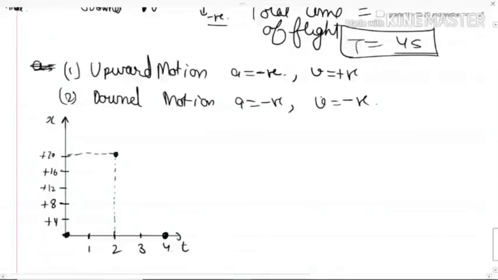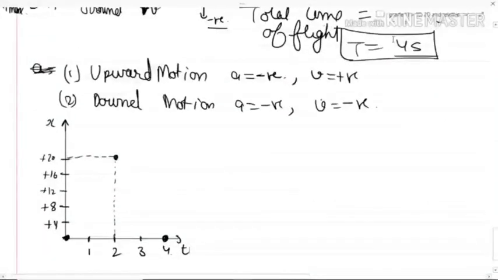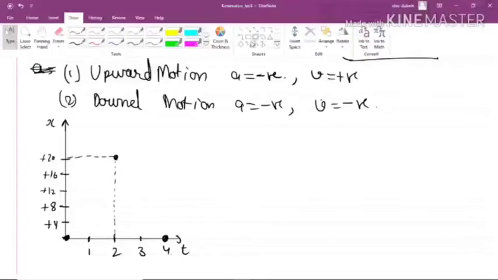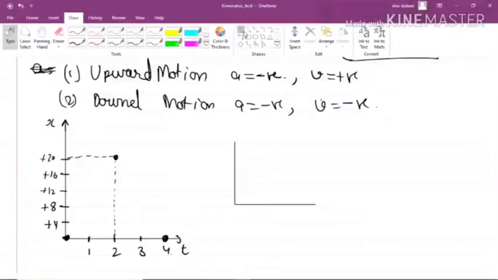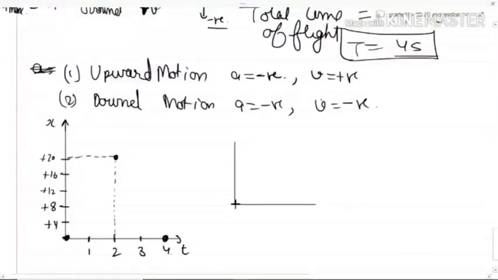Now can you tell me this particular thing? If you draw the velocity time graph for the same, the graph for xt is not complete. The graph for xt will be completed a little bit later. So if you draw the velocity time graph, basically, can you see, guys, I'll draw a velocity time graph. So basically this is plus v, this is minus v, and this is time.